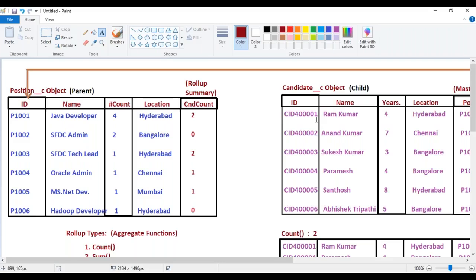It will generate the values again. The new values will be represented inside your roll-up summary field automatically by default. So we need not refresh this functionality manually. That will be taken care of by Salesforce automatically. Clear? Now, once the roll-up summary value has been represented, can I modify